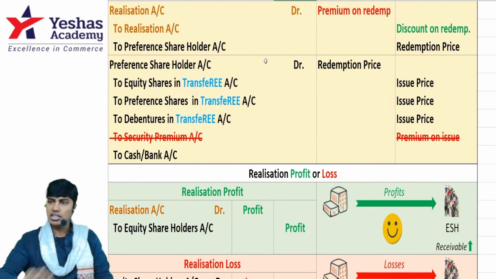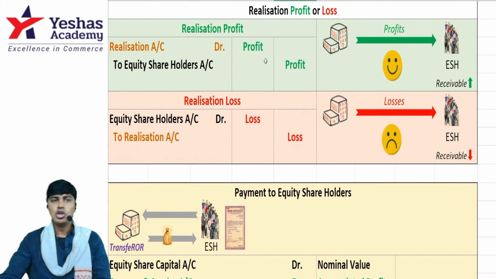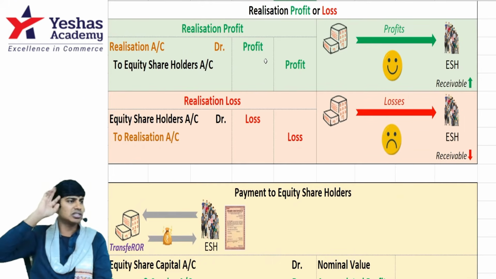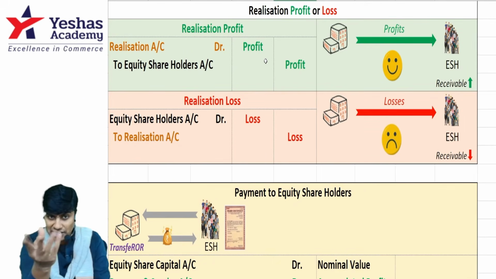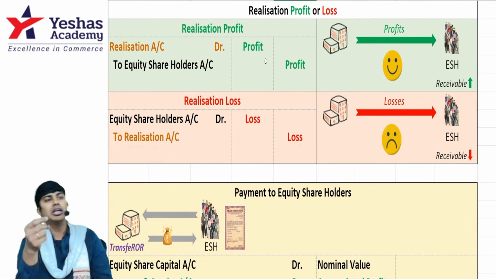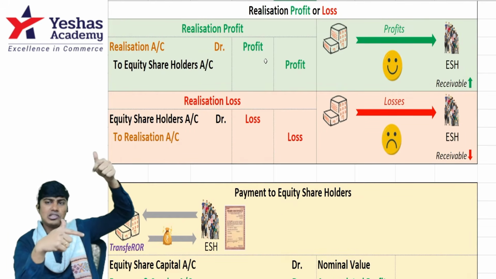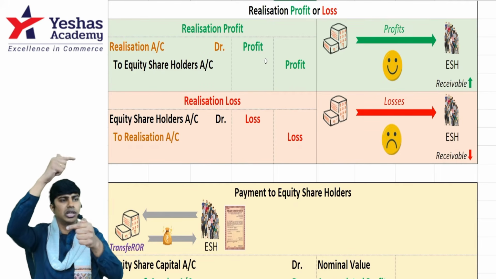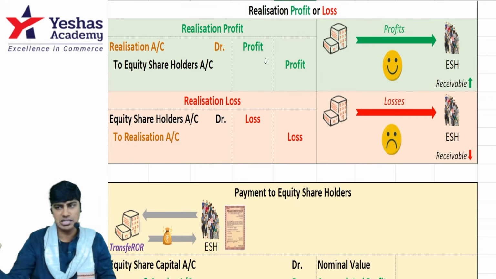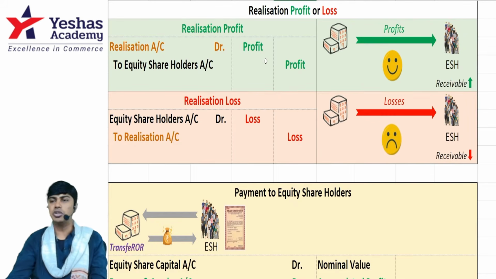After this, before you pay your equity shareholders, identify realization profit or loss. Throughout you use realization. Take all the debits as plus, take all the credits as minus. Identify the balancing figure. Close it by transfer to equity shareholder. If it is profit, the entry will be realization debit to equity shareholder credit. If it is loss, the entry will be equity shareholder account debit to realization. Understood? Balancing figure entry. Sometimes they can ask you to prepare the ledger also. This is like your capital reduction account closed by transfer to capital reserve, but here transfer to equity shareholder.